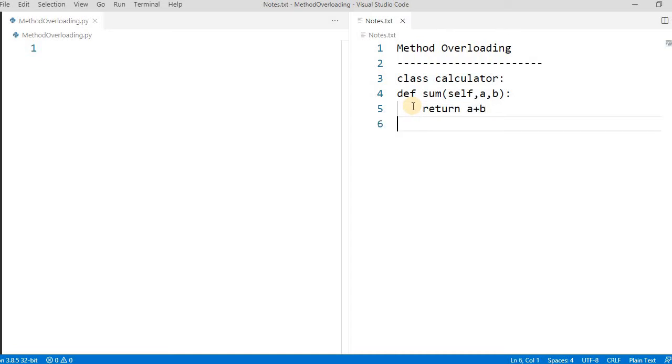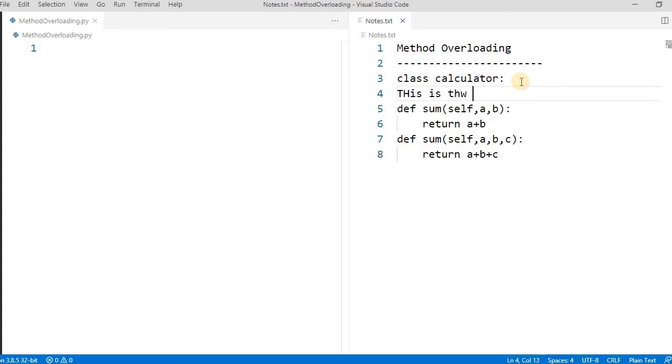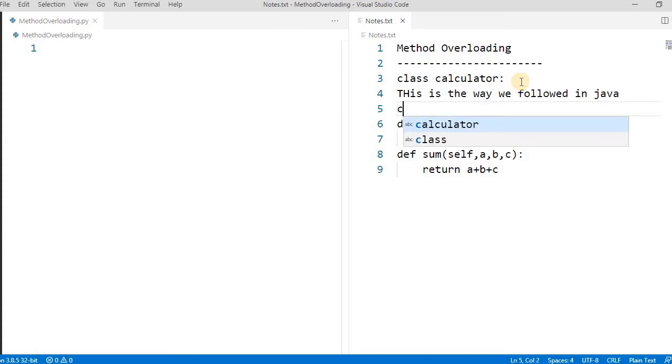And if you are coming from C++ or Java, then the overloading is something like self, a comma b comma c, and return a plus b plus c. This is one of the ways to implement polymorphism in Java or C#; this is the way we follow in Java or C++.